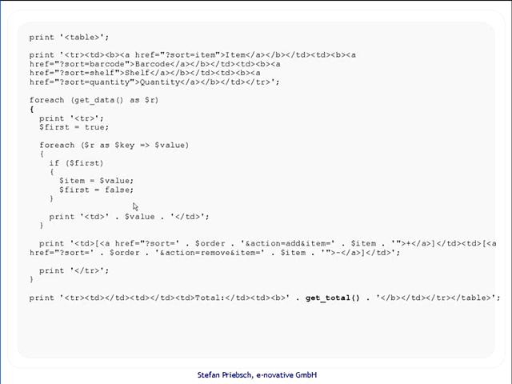Instead of summing it up and outputting the sum here, we just put a call to the getTotal function in here. Great. So basically, this leaves us with all presentation here. This is just the HTML stuff. We'll loop over the data. We'll output database table rows and database table columns, and then we'll end the table, and that's it. We have the data access and the business logic separated out, which is very cool, because now